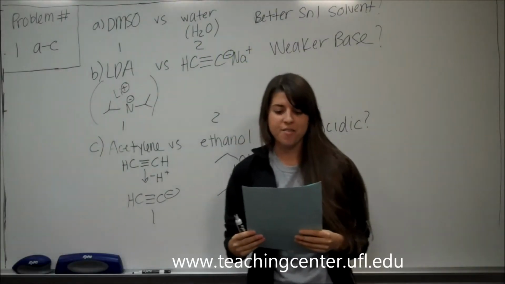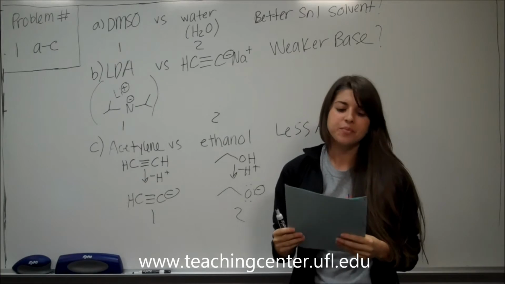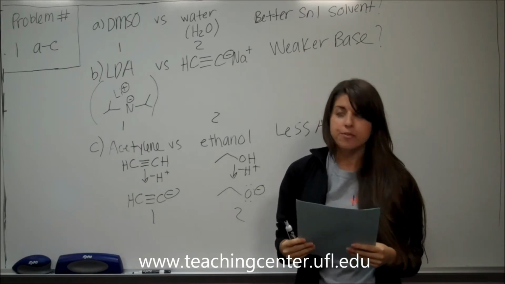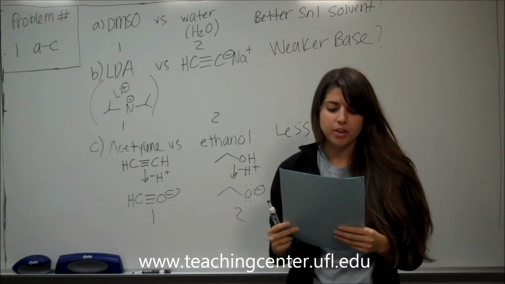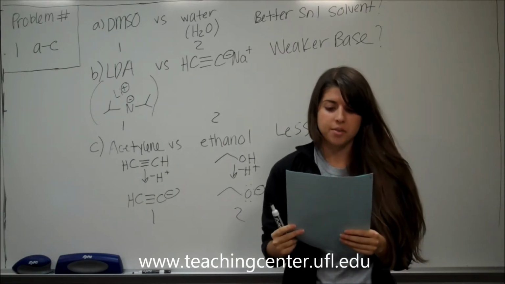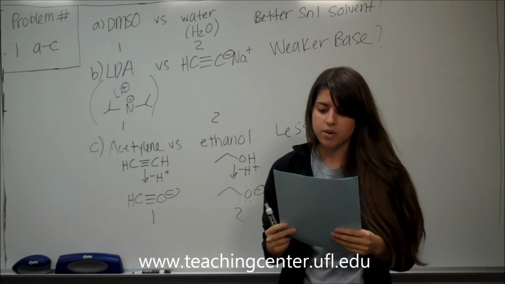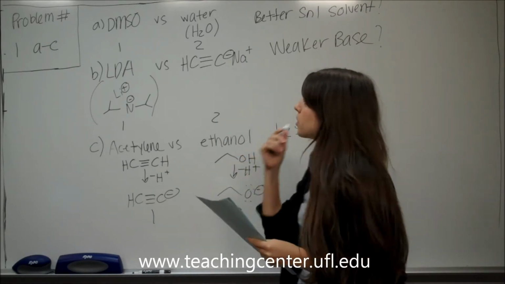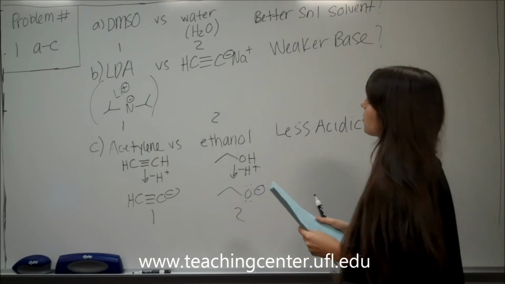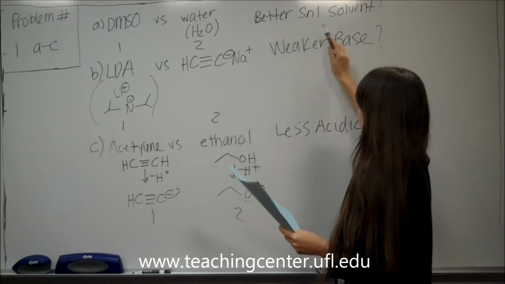Hi, we're doing Fall 2010 Exam 3, Blue version. So for number 1, problems A through C, consider the pairs of molecules drawn below for each case, A through E, and circle the number that corresponds to the entry that best satisfies the statement. So these are our 1s and 2s type problems, and the first one is asking for which one is the